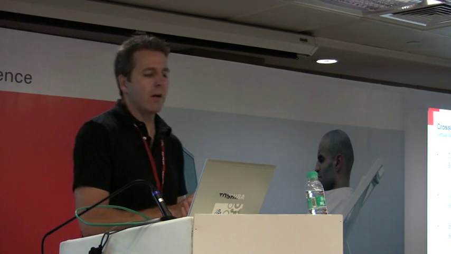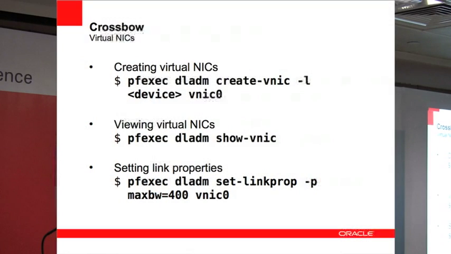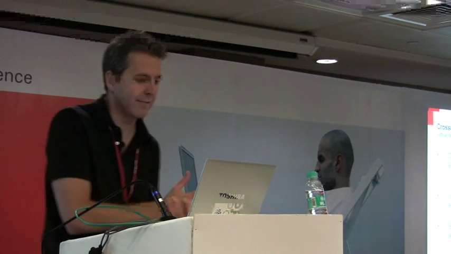So how does this work? You're going to use a command called dladm. That stands for Data Link Administration. You're going to create a virtual NIC. When you create the virtual NIC, it does have to be created on top of some physical NIC, right? It still has to physically communicate over some means. And so what I'm going to do now